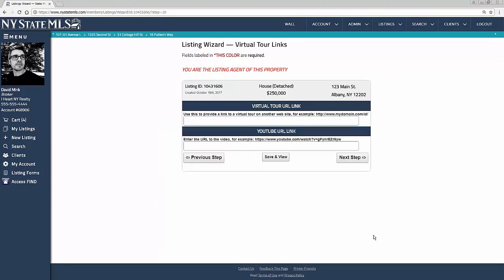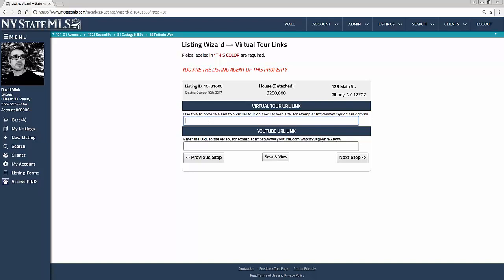After that is where we've got our virtual tour link as well as a YouTube URL link. These are great tools to have because this is, again, going to give you more added exposure on your listing. Virtual tour links sometimes appear on sites like Zillow and Trulia, so anything that you can utilize is a great thing to have. If you don't have a virtual tour link, don't let this field go wasted. Have it go back to your company website. So if you have one, just have it go to mycompany.com, or if you've got this property listed on your company's website, have it go to